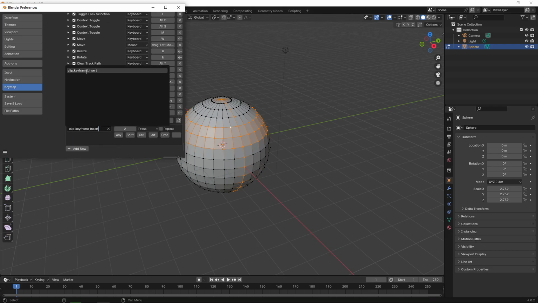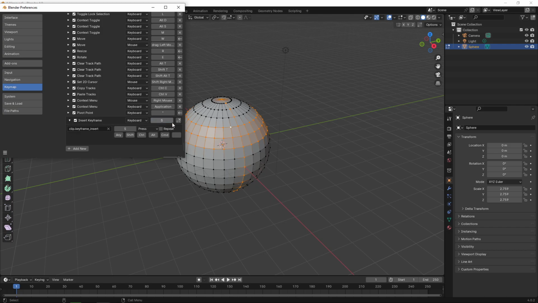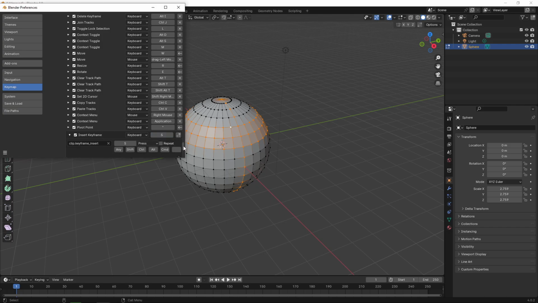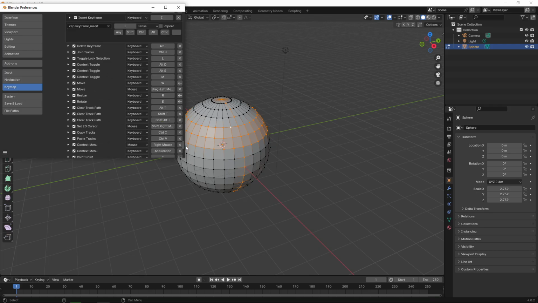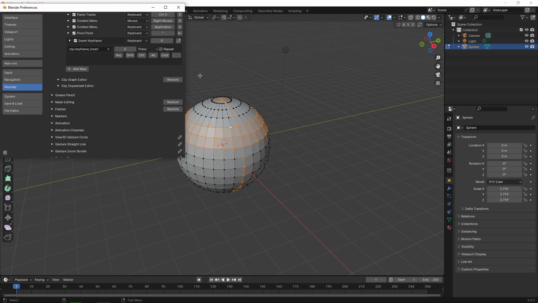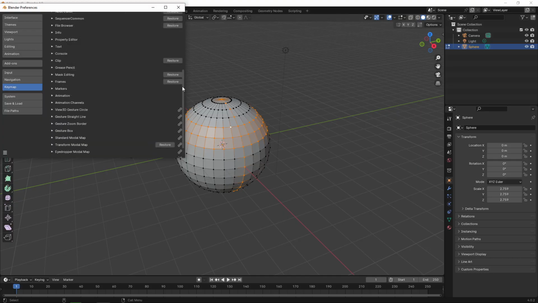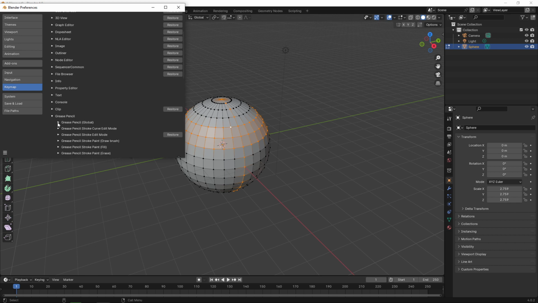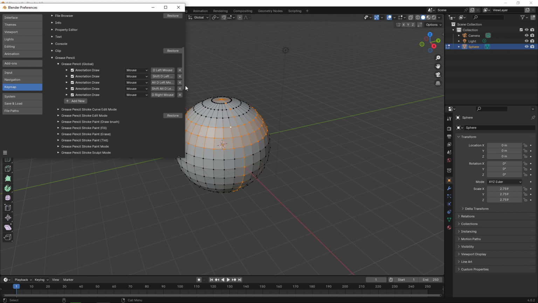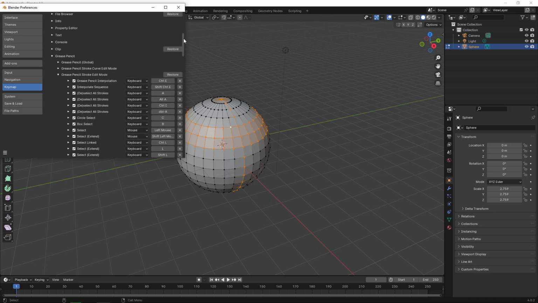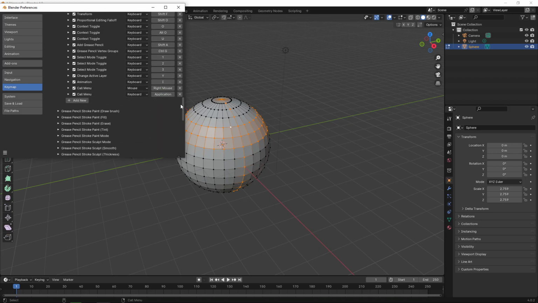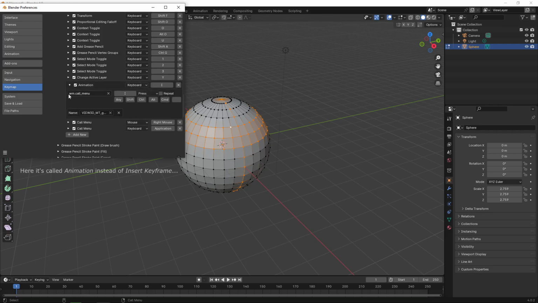And all of this, of course, is a big hassle, but it's all to make it more consistent, so that if you have a hotkey in one mode, it should work the same in all the modes. All right, so grease pencil edit, I animation,